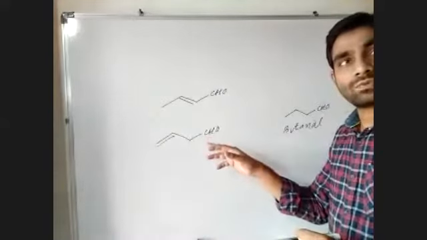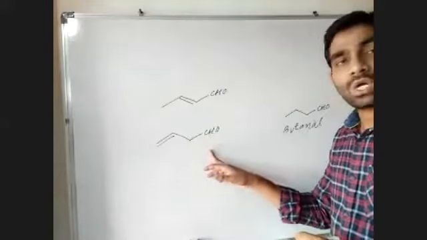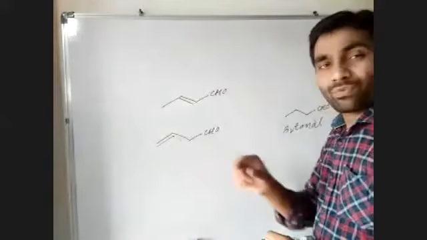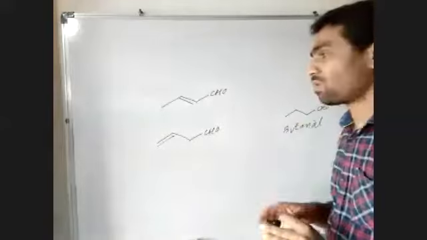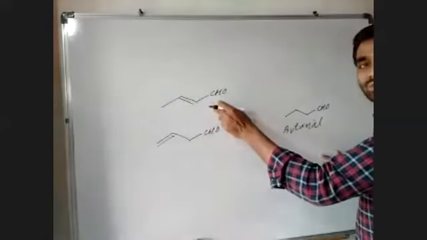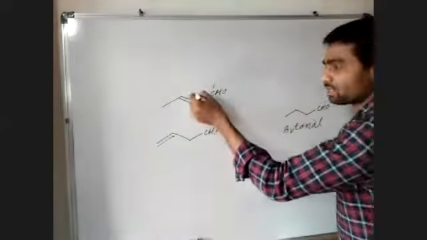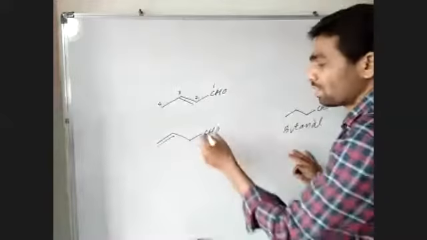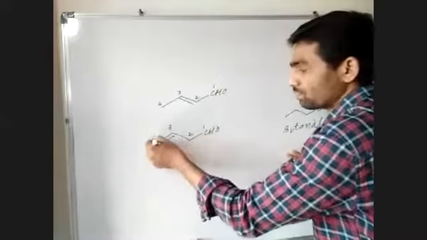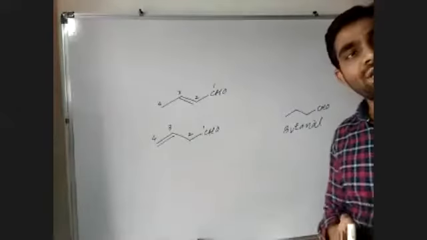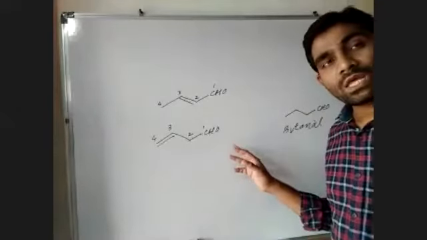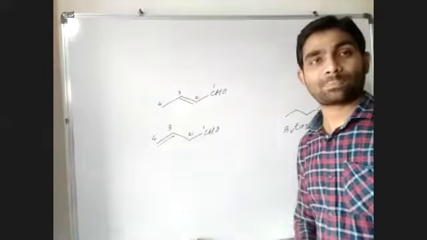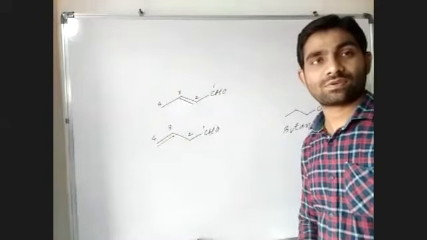So what to do now? We are shifting the position of the double bond, so we have to mention the position of the double bond. What are you expecting for this one? See, numbering 1, 2, 3, 4. Can you give me the answer? Yes, all of you. 1, 2, 3, 4. Send your answer, type and send. What is the name you are expecting for these two molecules?